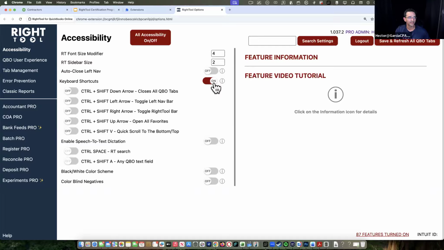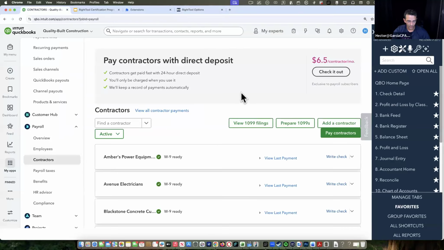But the most important thing is there are some overriders like Control Shift down arrow and Control Shift left arrow, because certain computers, I don't remember if it's Mac or Windows, have some apps installed where Control and an arrow work on something else. So if we need to override Control up arrow, Control down arrow, Control left arrow, we can override them here by adding the Shift. And the most important one is Control left,